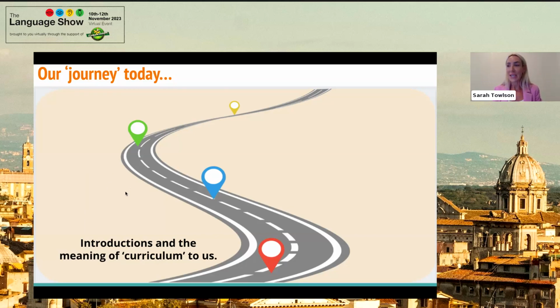All right, fantastic. So without further ado, we are going to look at the meaning of curriculum to us all. As I was just explaining, it quite rightly means something different to us all. Our curriculum intentions, alluding to the classic Ofsted intent, implement and impact,